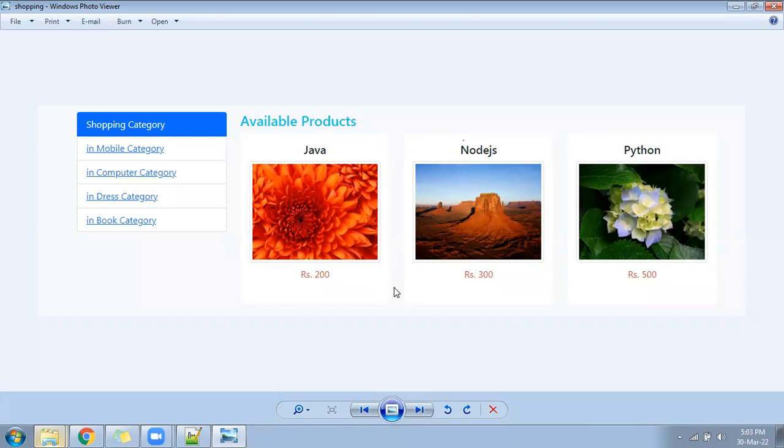So you have taken the photo. Let me show you the next photo. You have taken the screenshot on mobile. This is one homework.